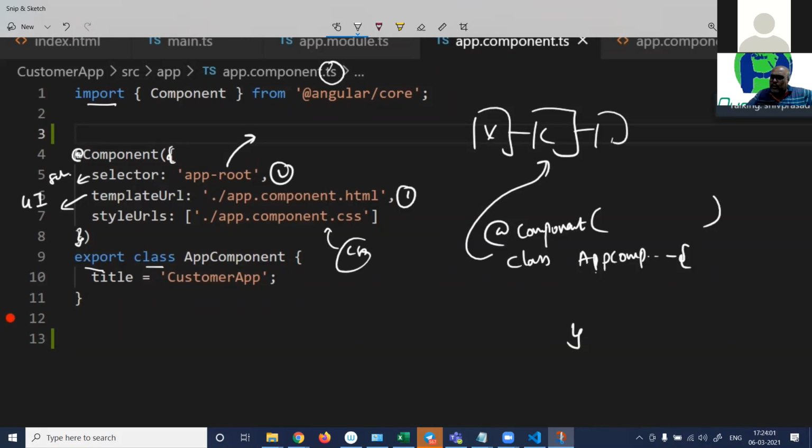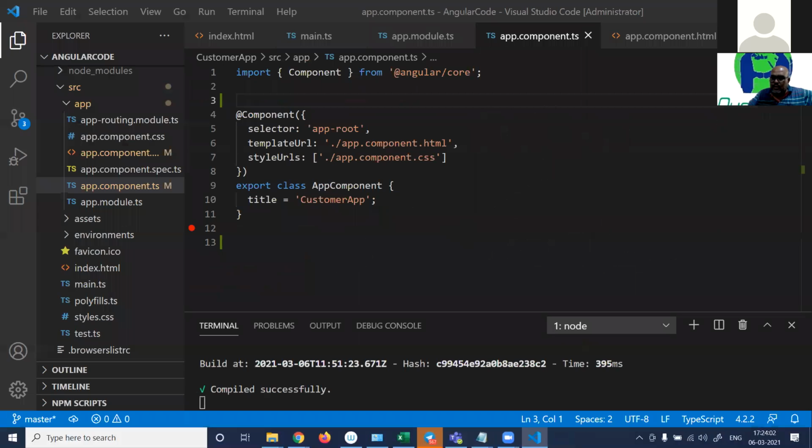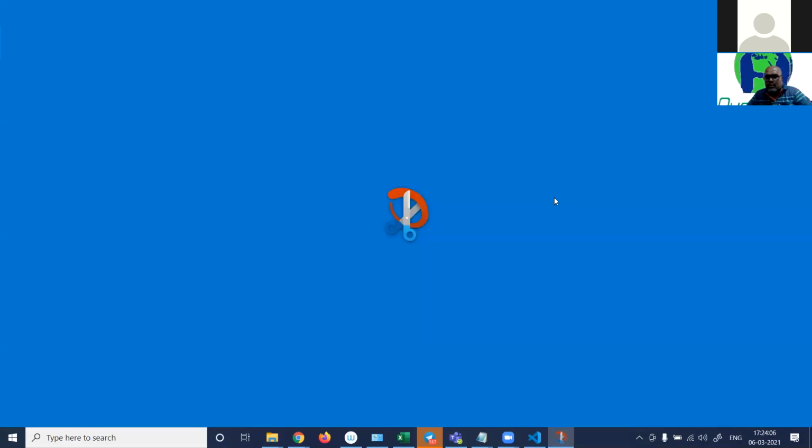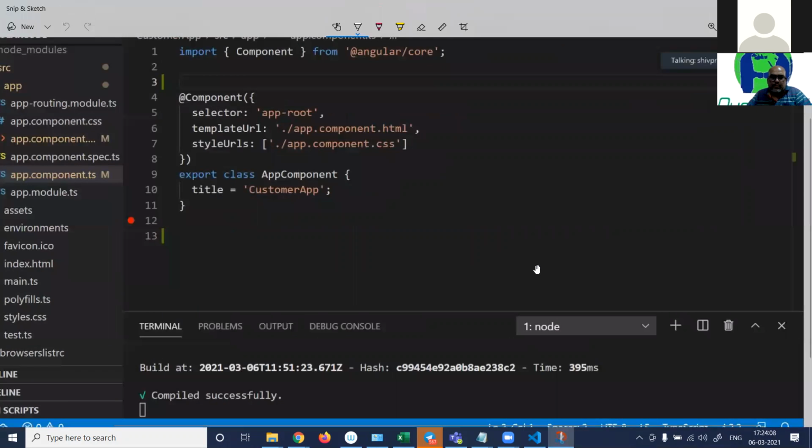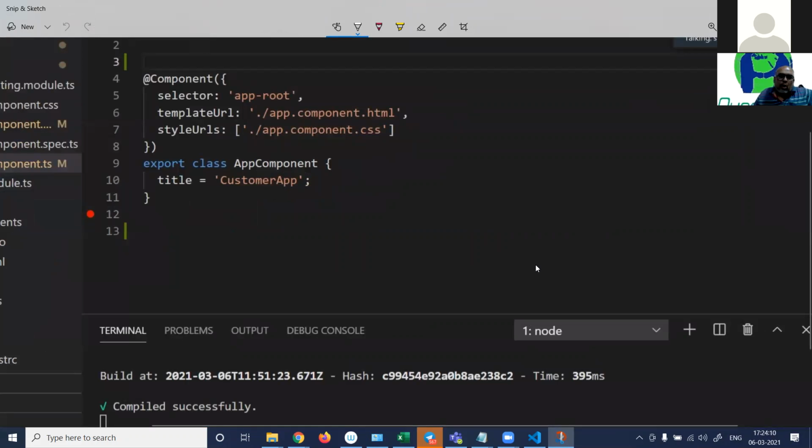So in other words, if I just try to make a very summarized assumption, because of this template URL, this app component is connected with the HTML.